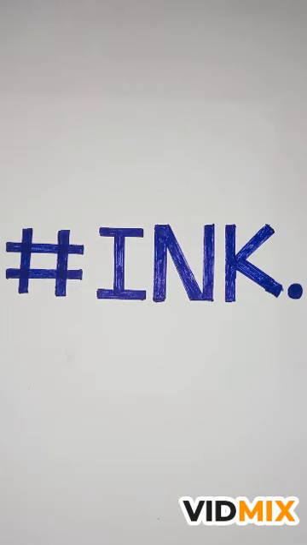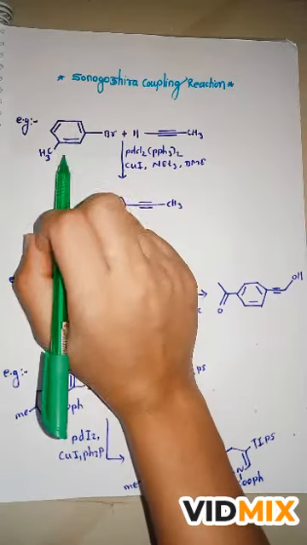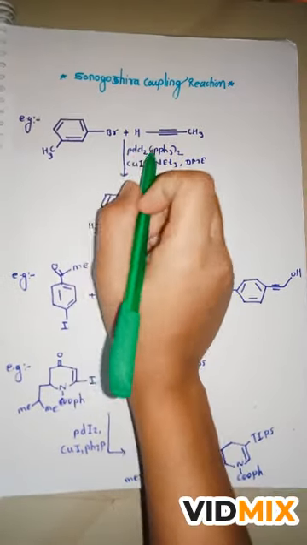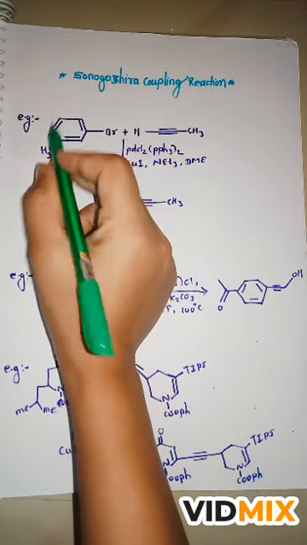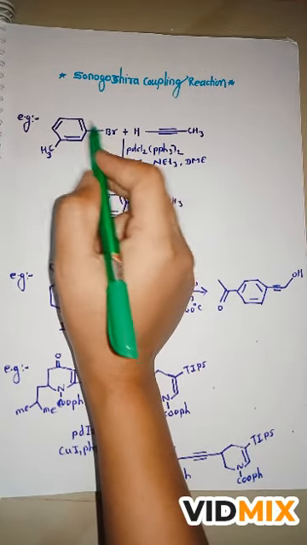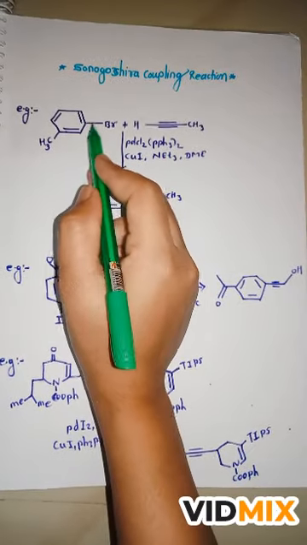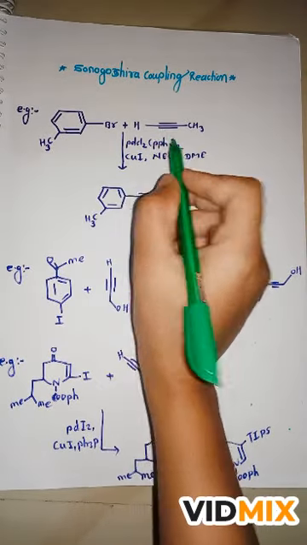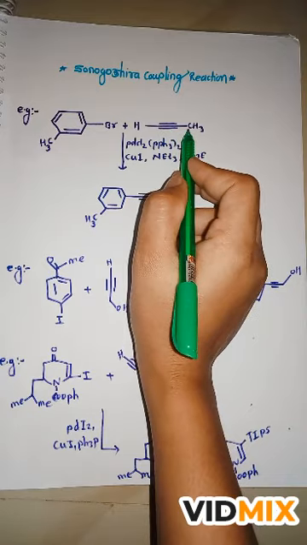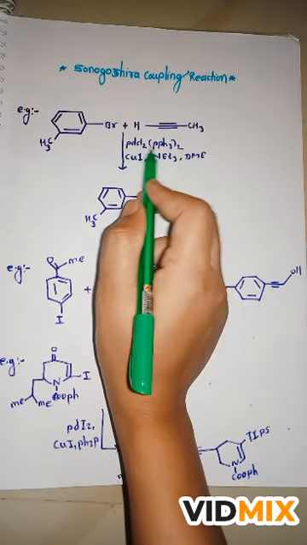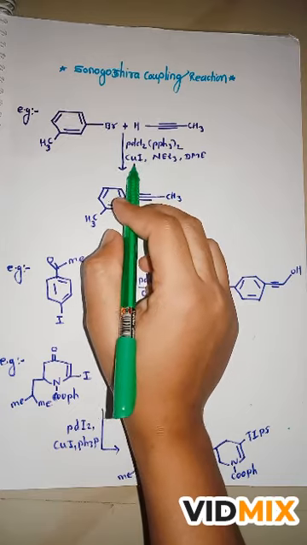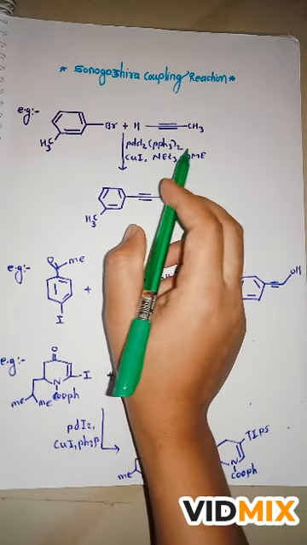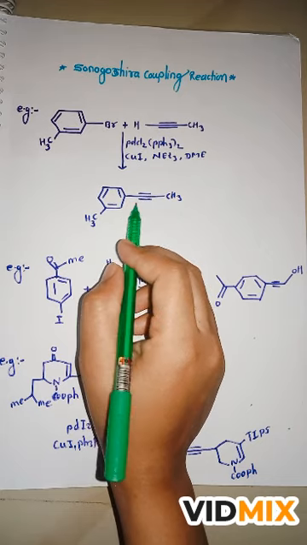In the previous video, we discussed the Sonogashira coupling reaction, and today we are going to discuss examples of the Sonogashira coupling reaction. First, see the halide needed for the Sonogashira reaction. The aryl or alkyl halide, here an aryl halide, and the terminal alkyne. Here is the terminal alkyne, and the reagents palladium, base, copper, and other essential reagents, and our product is an alkyne.